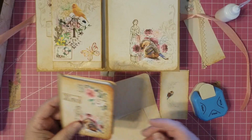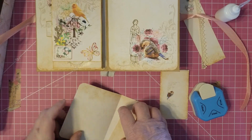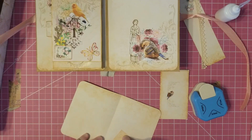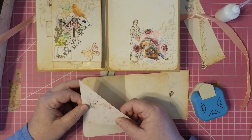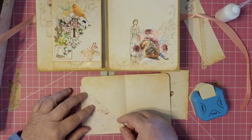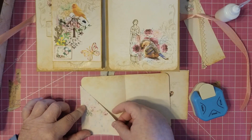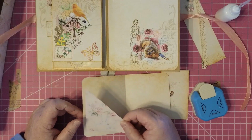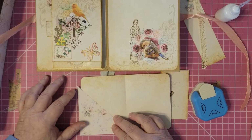You don't have to do that. So I left you with options to score or not to score. That is your question. All right, so you can just put it on there, measure it, and whack it off wherever you want. I just thought that was a pretty pocket that goes well with the colors in our bird. Okay,